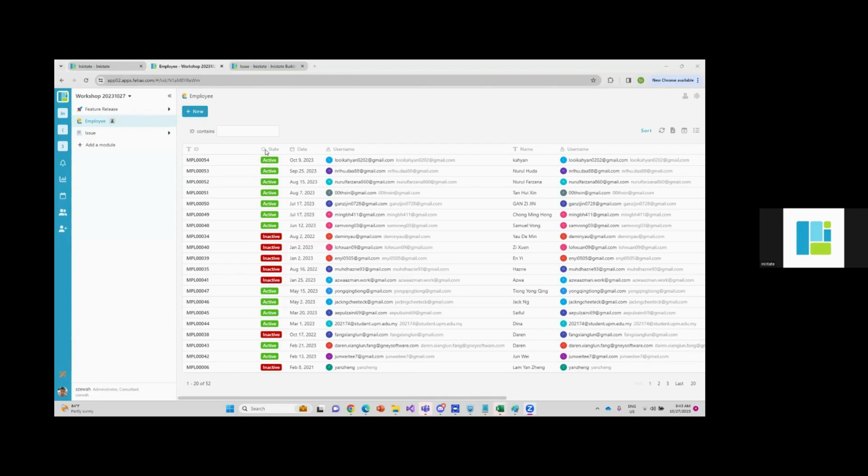So what is an issue management system? Some people might call it a ticketing system. It is a system for you to monitor the reported issues so that the user knows the progress of each issue, whether it has been resolved or if anyone is attending to the issue. Okay, so